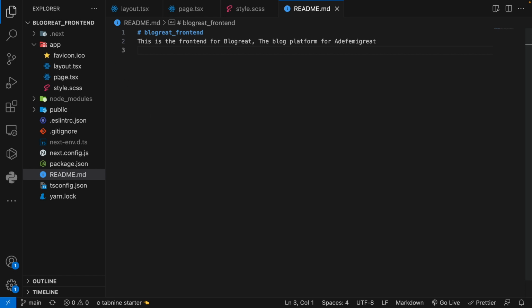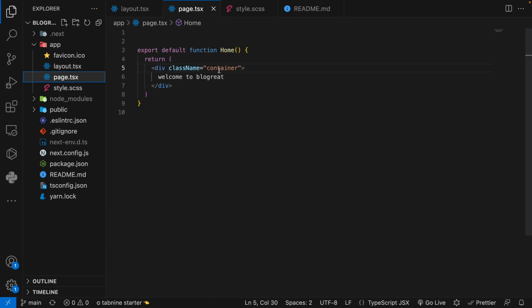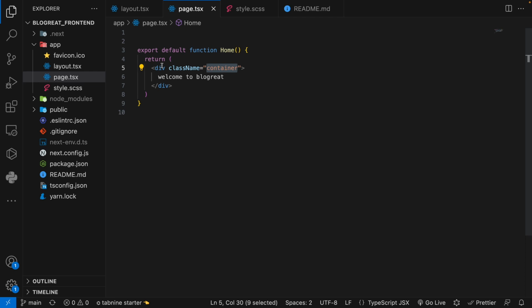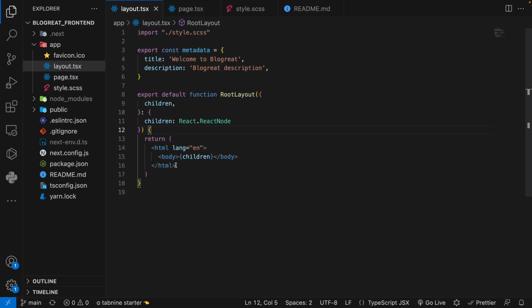So if I come back to my app and page, I actually set the container information on the page here, which is meant to be the index page for the project. That's contrary to the expectation because that's what the layout is meant to do. So the layout component here is meant to transmit throughout all your other components, unless you have a separate layout within those components that overrides this. So as a result of that, most of our layout information should be within the layout. So to correct what we have here, we are going to bring in this container information down to the layout.